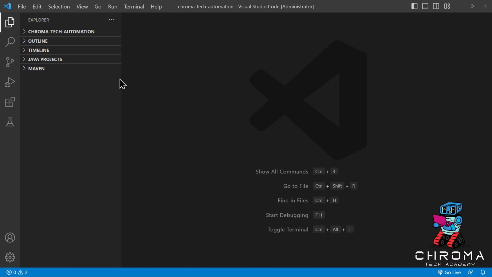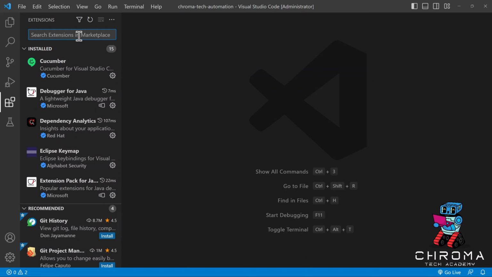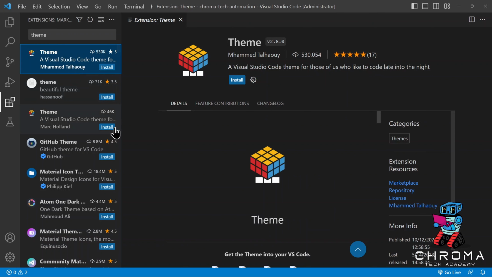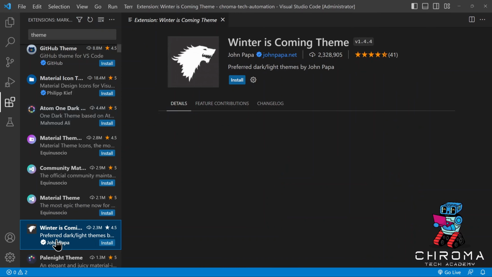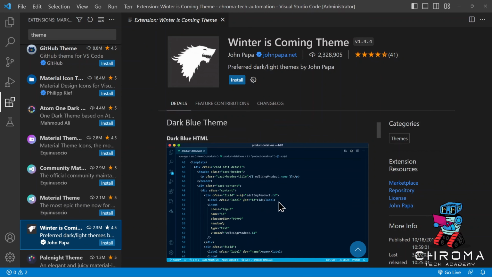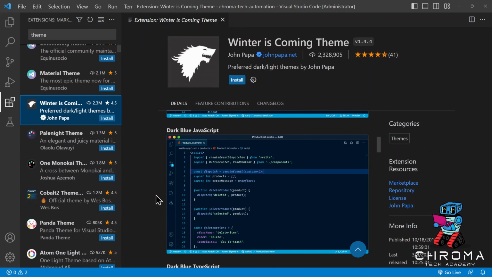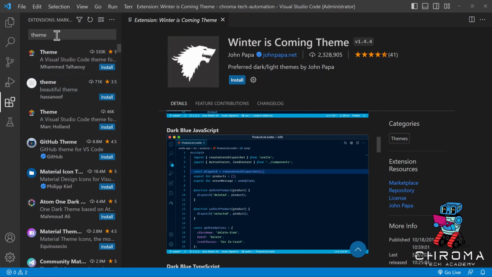Okay, now one thing about VS Code, you can actually customize this a lot. If you don't like the theme, you can go to the extensions module here, and you can search for any theme you'd like. For example, I can just type in theme, and you can explore and change the color of VS Code and everything like that. It's up to you. Go and customize it if you'd like. For example, there's this Winterus coming from Game of Thrones. This is how your VS Code would look. Go ahead and look around, have fun with this,